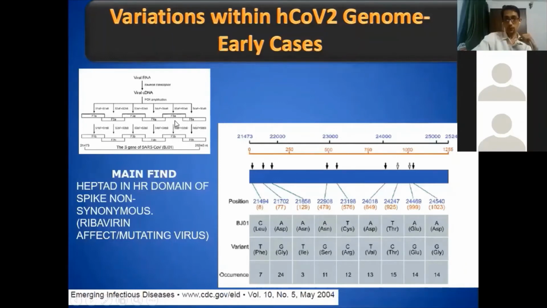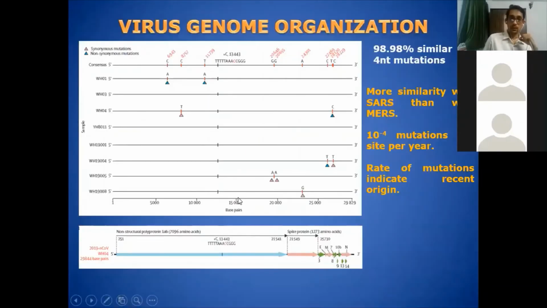6 fragments for PCR, and they checked important mutations in the 20 patients, and they found a lot of non-synonymous mutations. The black or filled arrows are non-synonymous mutations, and the unfilled arrows are synonymous mutations. They found fewer synonymous mutations and more non-synonymous mutations in the initial patients, which are the same cases that we had talked about in the initial mutational analysis. And as I said, the virus is mutating more at the non-synonymous regions in the spike protein.